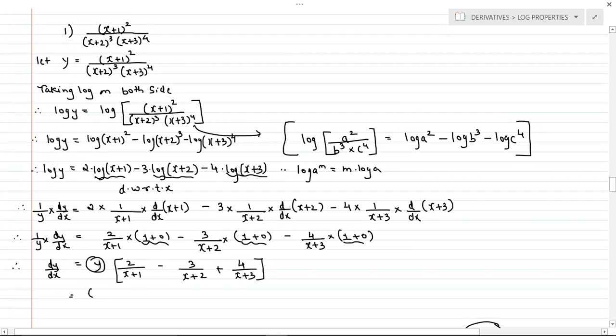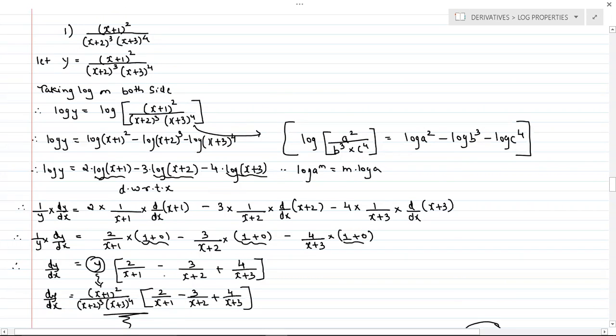So here, what is y? It is x plus 1 the whole square upon x plus 2 the whole cube, x plus 3 raised to 4, and this part you will keep as it is. Okay, so according to the concept, we have to shift y on the right hand side, resubstitute the value of y, and then you have to stop your answer. There is no need to do bracket expansion, bracket open, cross multiplication, nothing like that. Okay, stop your answer, that's it. Okay, so this is what we do whenever you see a bulk term.